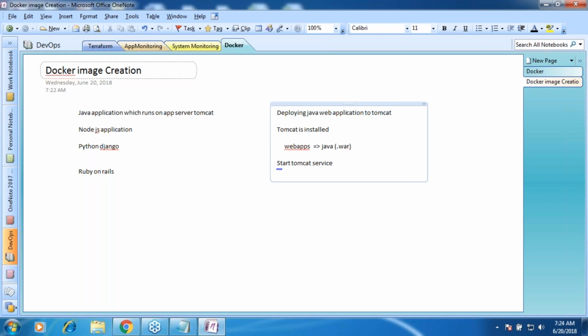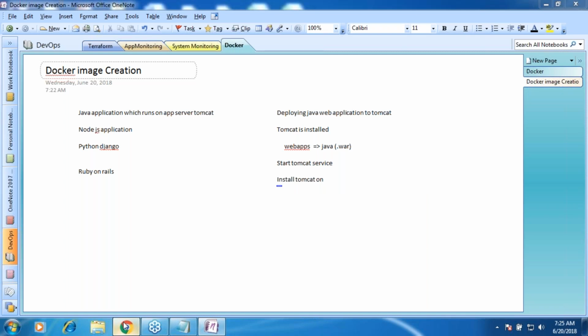That's it. What is it that you are supposed to do? Assuming Tomcat is already present. If Tomcat is not present, then you need to know how to install Tomcat on whatever operating system or whatever container you take.